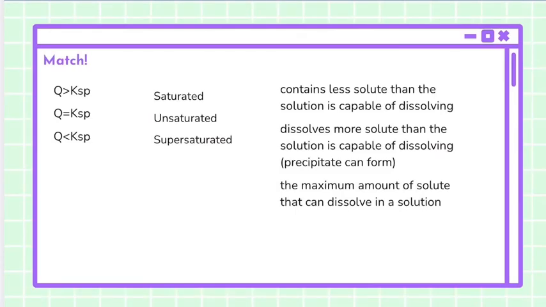How do you know if something precipitates based on your Q and your KSP? In this case, we have three different kinds of solutions: saturated, unsaturated, and supersaturated. So, let's just take a look at the initial